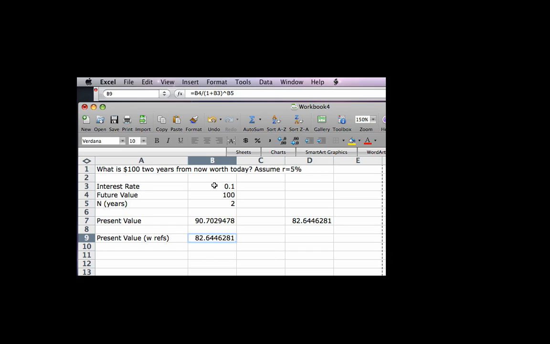As an aside, there is a present value formula built into Excel. There are a number of formulas built into Excel that can make life easier. I'll go over